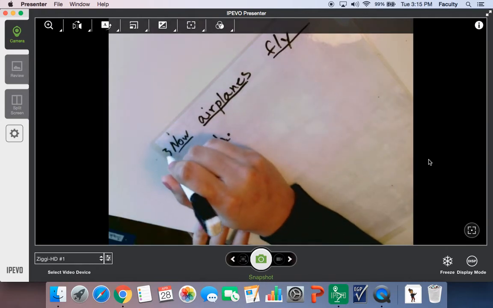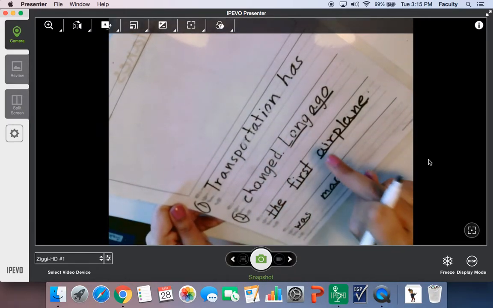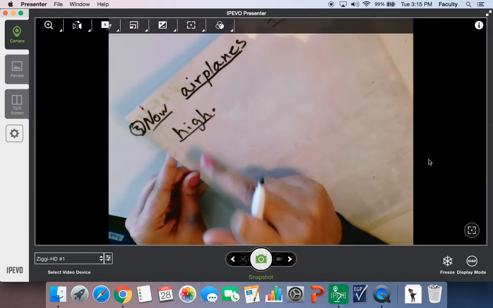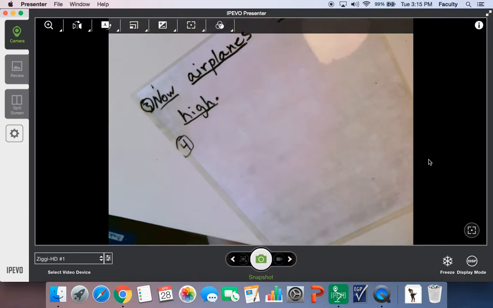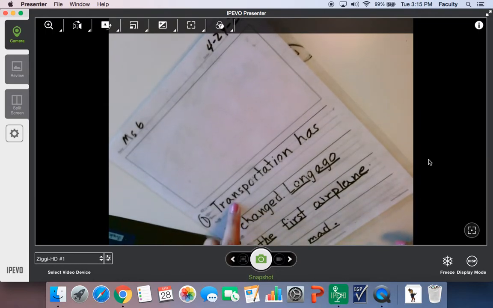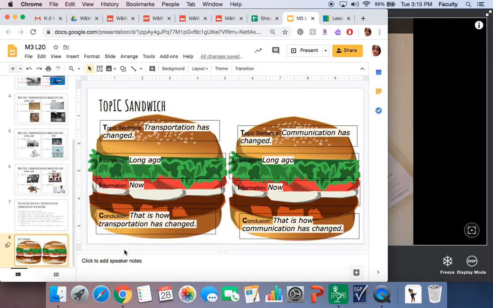So this is my third sentence, bam. So I have my topic sentence, my information sentence for long ago, my information sentence for now. So what's the last sentence I need, friends? Who remembers in our topic sandwich? The conclusion, right? And again, if Miss G doesn't remember the conclusion, there's a couple of things she can do. She can look back at her topic sentence and try to make it similar, right? Or I can always go back to the video and look for that sandwich part and look at it here,